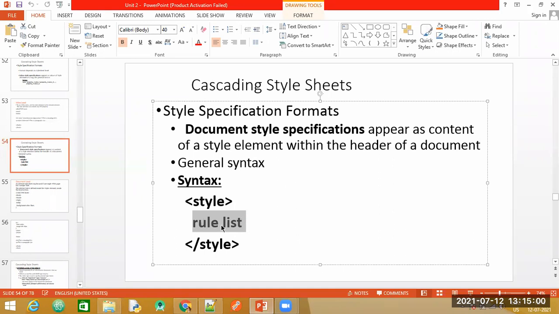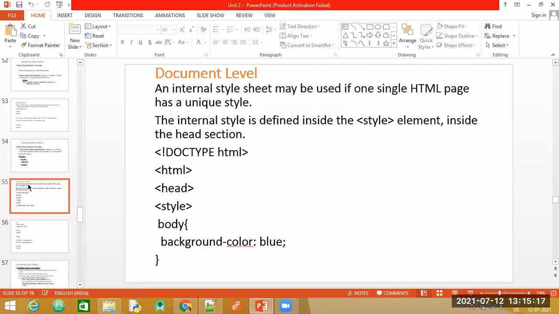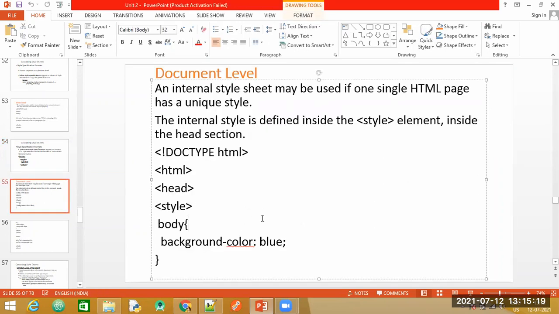So you have to remember two things when it is for document level. Firstly, it is applied within the header section of the HTML document, within the opening style tag and the closing style tag. Just observe this particular slide here.